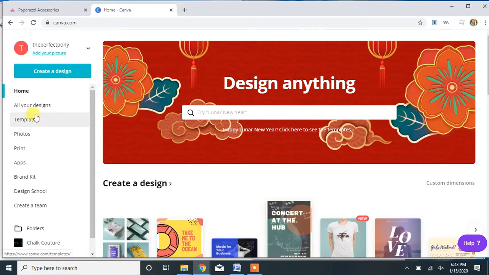So there's lots of templates. You've got lots of photos to choose from. You can print your stuff, have it professionally printed if you want to pay to do that. And I don't really go through any of this kind of stuff, but there are other things you can do. You can also,